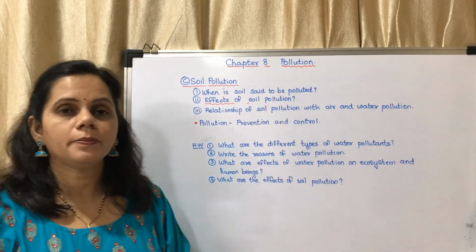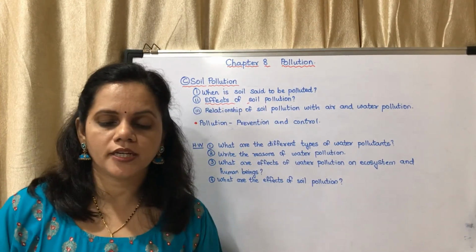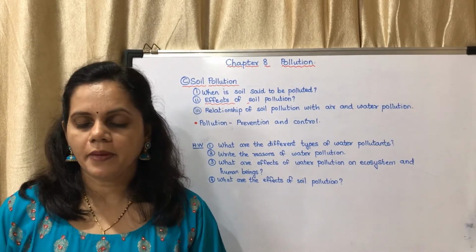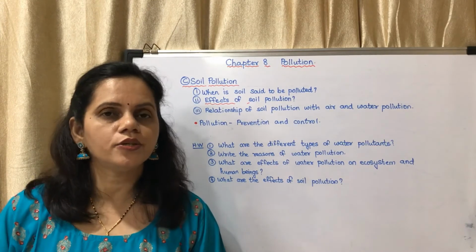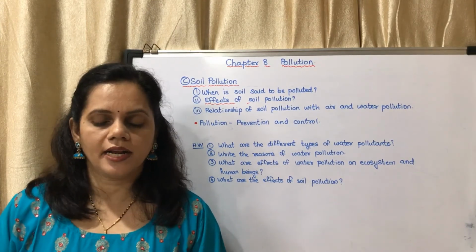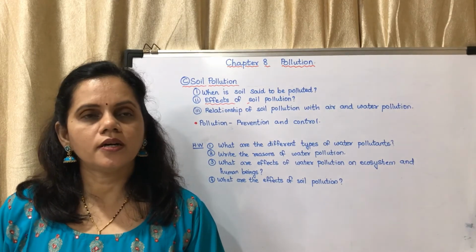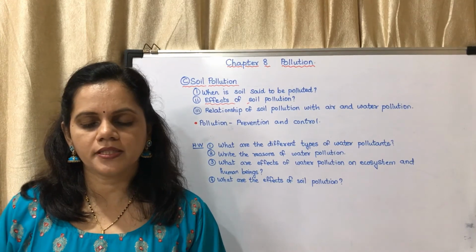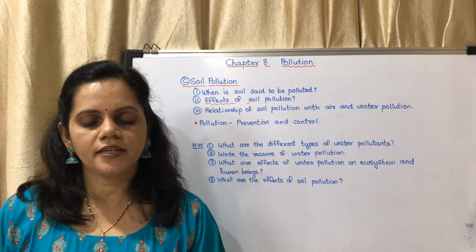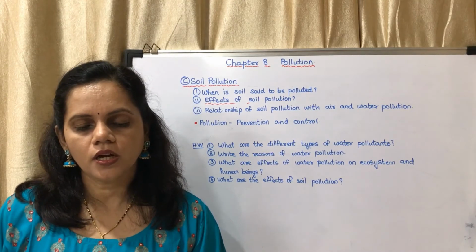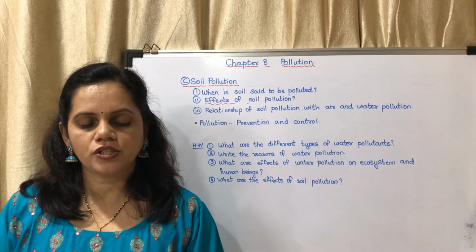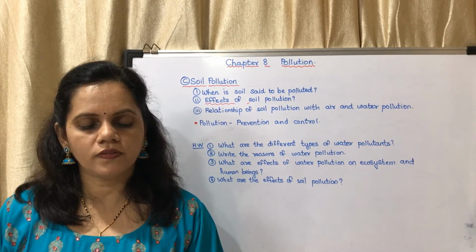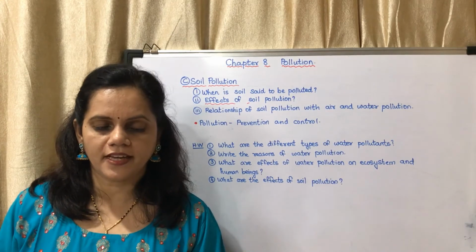When is soil said to be polluted? When there are changes in the physical, biological and chemical properties of the soil due to man-made or natural activities. Now there are two diagrams given. Compare the two neighboring photographs. You may see it is about the different types of soil which has been shown. Give 5 examples of each of the domestic waste, biological waste and agricultural waste, and write in your own words about soil pollution due to those wastes.